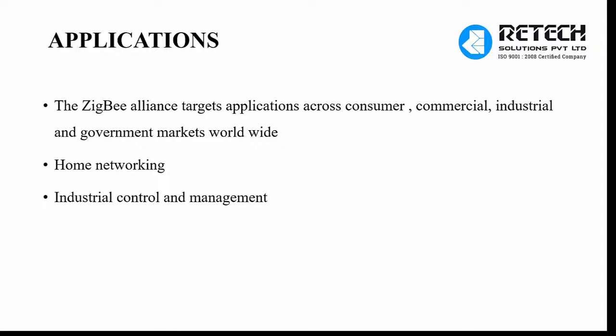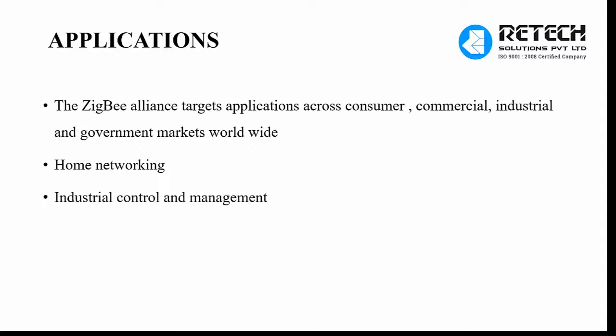And Zigbee is working on 16 RF channels. Actually Zigbee has 16 radio frequency channels. Bluetooth also has 16 RF channels, and Zigbee also has 16 RF channels. So you can produce 16 channels of frequency ranges. And the modulation techniques that the Zigbee module is using are BPSK, QPSK and GPSK. Okay, so these techniques are used in the Zigbee module.